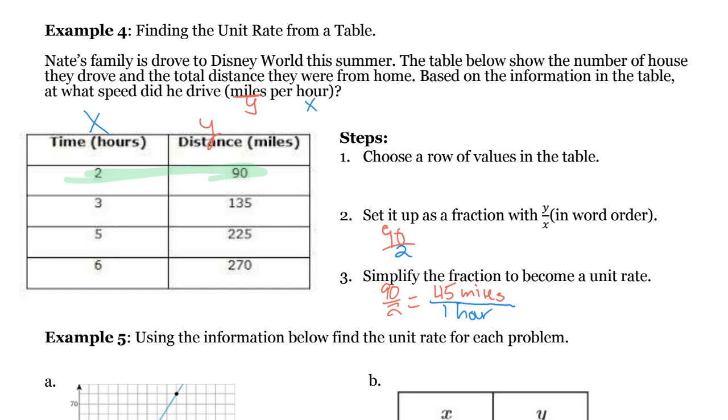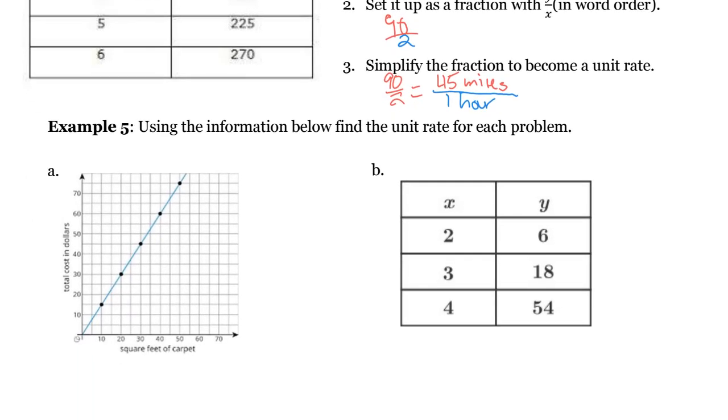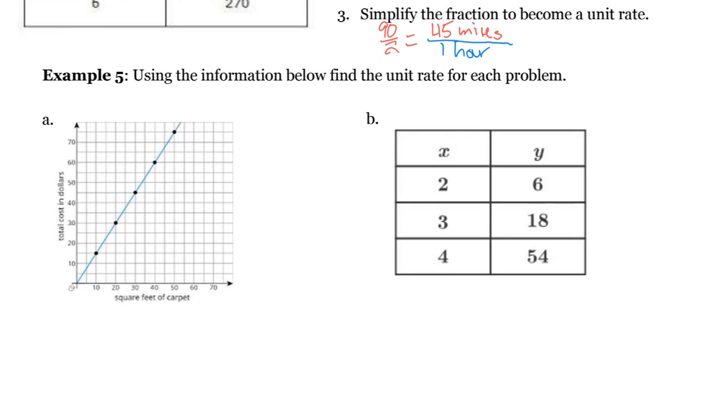Okay? So now I want you to try example 5 on your own. So do both of those, try to find the unit rate for each. Remember, it's y over x. And to help you out, this is your x, this is your y. Okay, and it says it right here, but